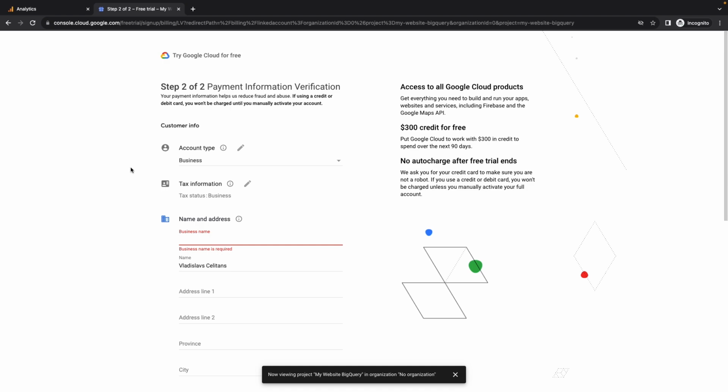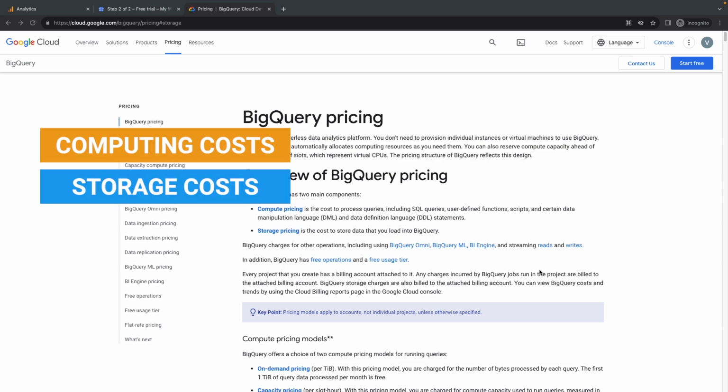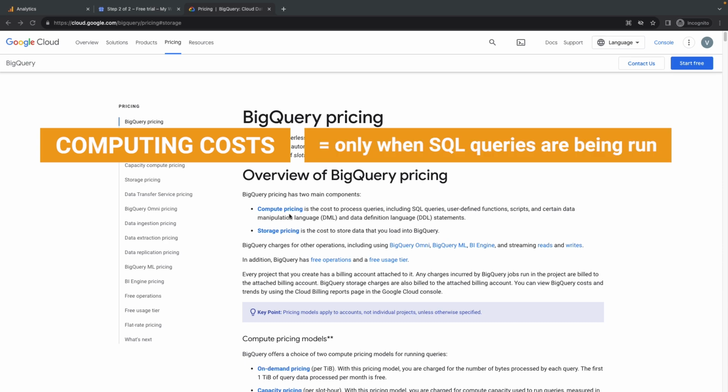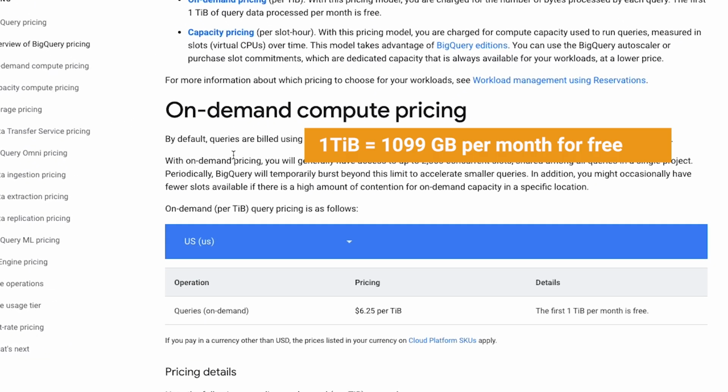So let's quickly break down the cost of using BigQuery. There are two main components of BigQuery pricing: computing costs and storage costs. Computing costs are applied when you work with your exported data by running SQL queries. They become relevant once you already have data export from Analytics and you are creating custom reports. These costs are not applied when you are initially exporting and storing your data inside BigQuery. Each month you get 1 TB of computing volume for free, and each next TB will cost you around $6